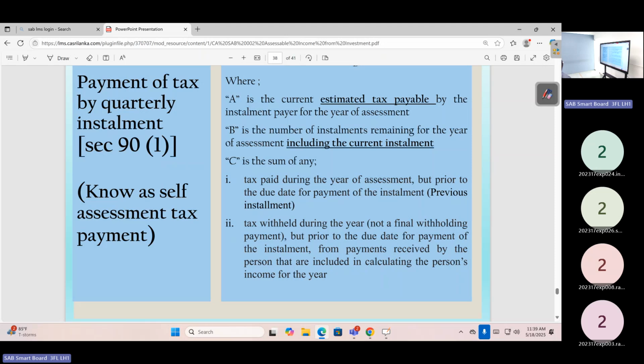So now the taxpayer works out his tax liability for the whole year, and he has to make an assessment. This goes as self-assessment. We call it the return of income. You may have heard, it needs to be submitted on or before 30th November. That is self-assessment. We have to submit it to the tax authority and to the Commissioner General. So once we make the submission,